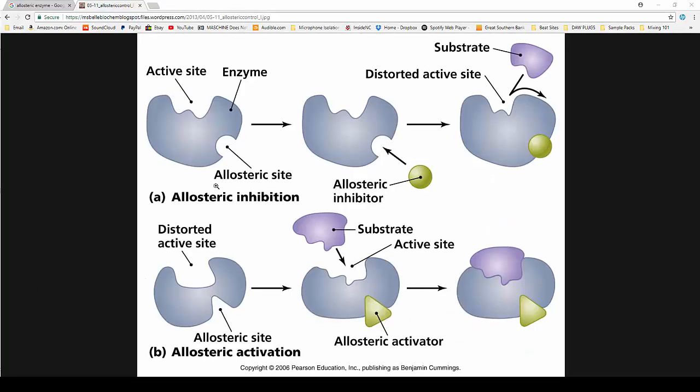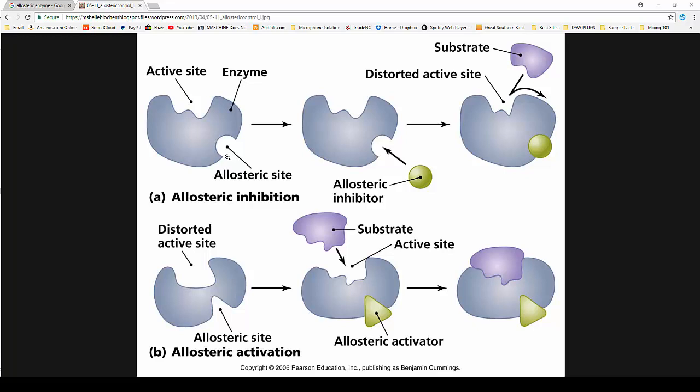Real quick, here's a better figure to demonstrate how an allosteric enzyme works. Here's an allosteric enzyme. With an allosteric enzyme, we have both an active site and an allosteric site. These are often referred to also as a regulatory site. So we have a site for the normal substrate and a site in addition to that for what's called an